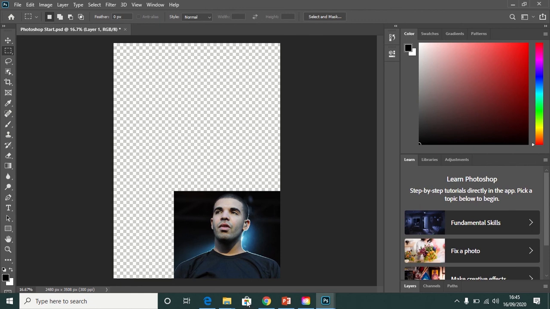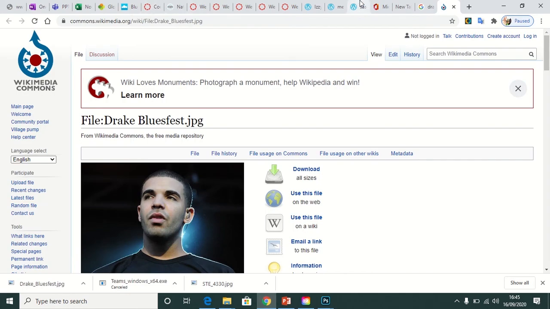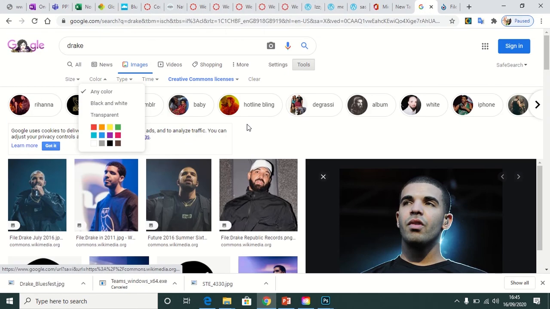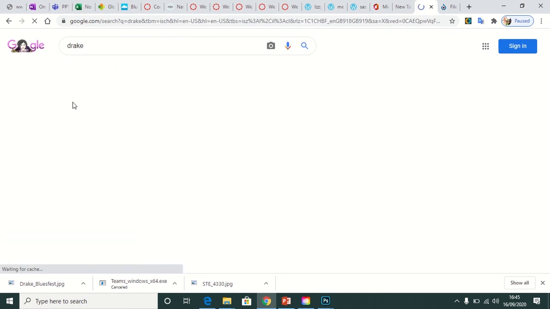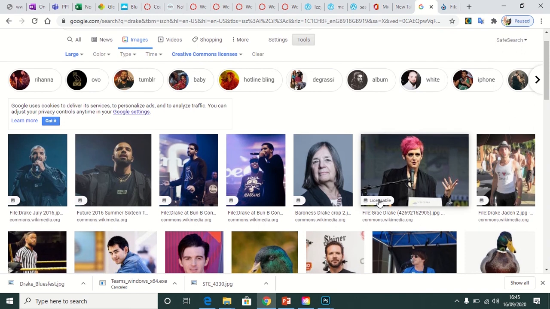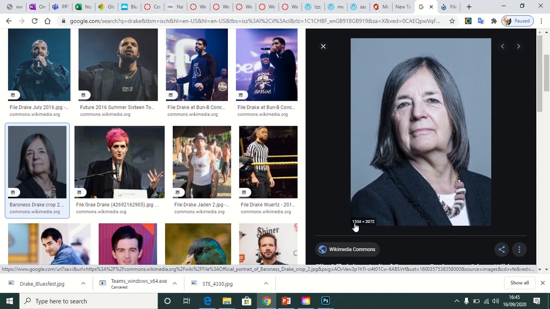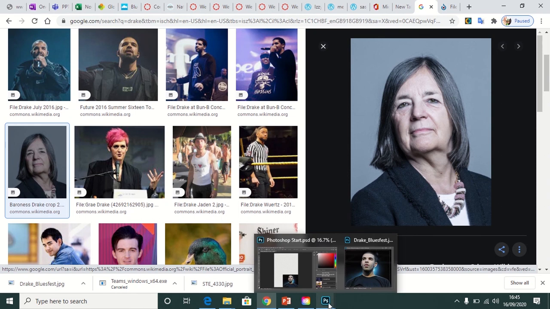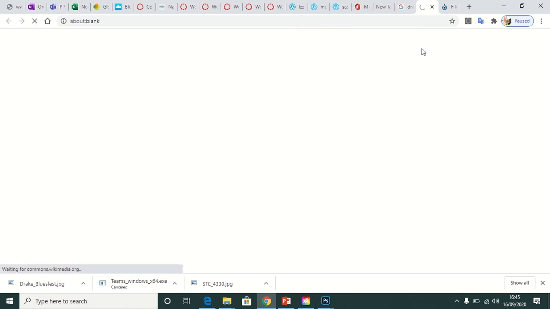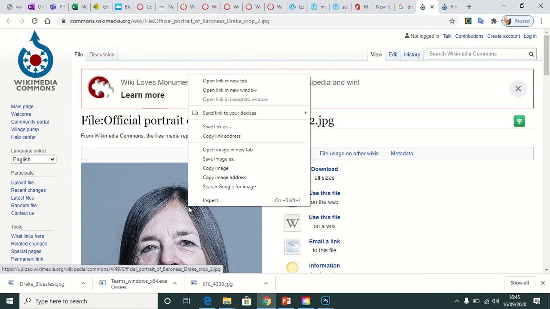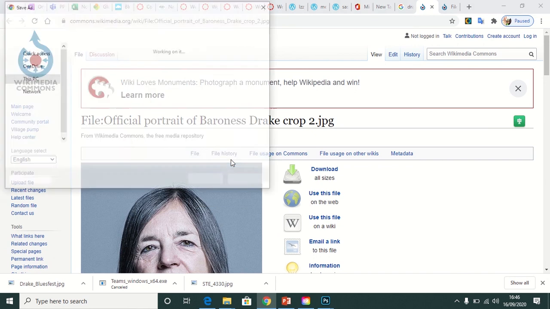If the image is ridiculously pixelated, then go back to Google and go to your search criteria and make sure that you choose size large. That way all of the images you're looking at will be large, and that doesn't look like Drake, unless Drake's really let himself go. But yeah, you'll see down here there's numbers, look, 1554 by 2072. That's dots or pixels per inch. So obviously on a 300 dpi collage, this particular picture of Drake, which I'm going to save again,